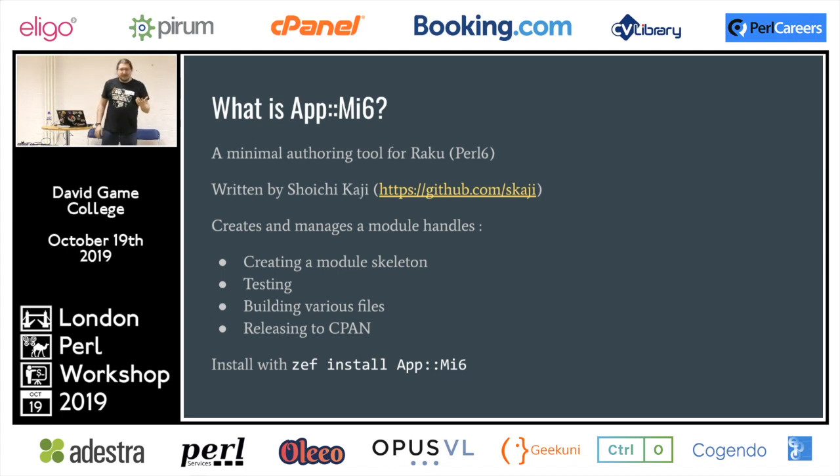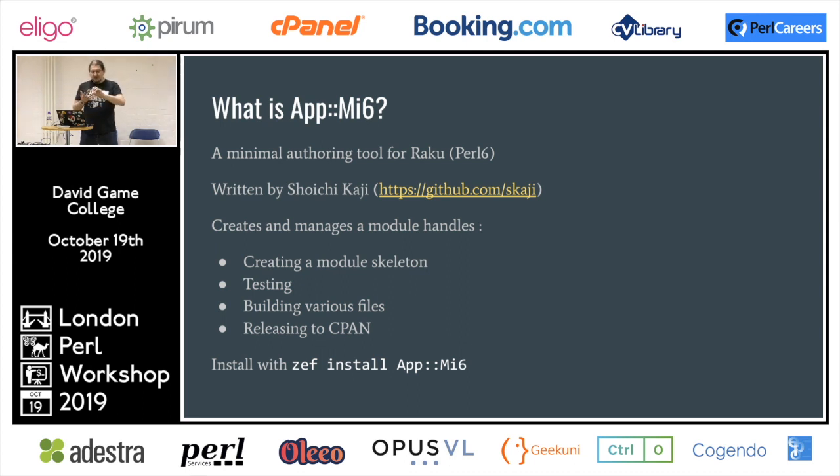So what is App::Mi6? As it's described from the GitHub repo, it is a minimal authoring tool for Raku Perl6, written by Shoichi Kaji. I pronounced that totally wrong, I'm sure. His GitHub's there. I'll be putting this on the site, so if anybody wants to, they can go and have a look. He's written both Perl5 and Raku modules,